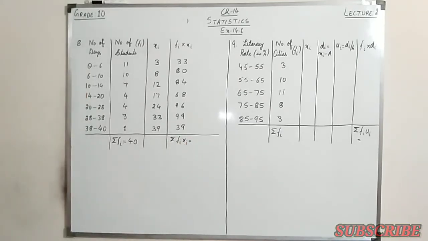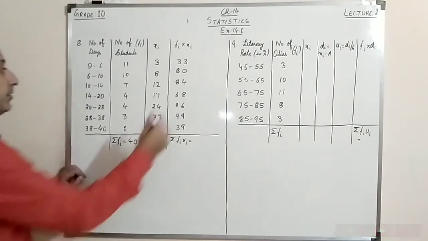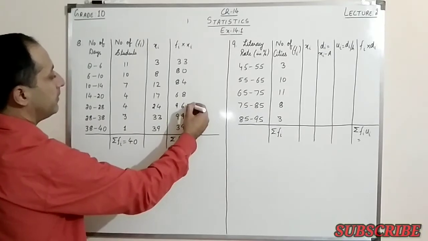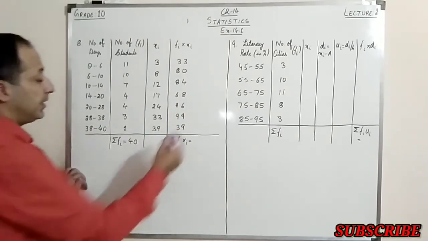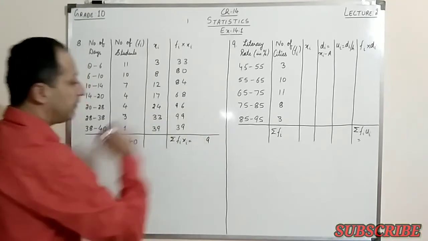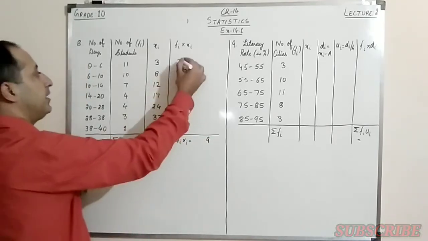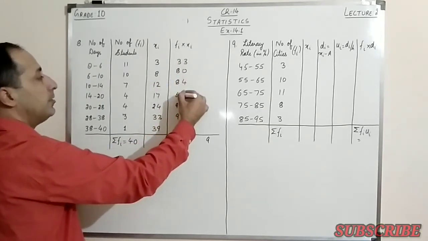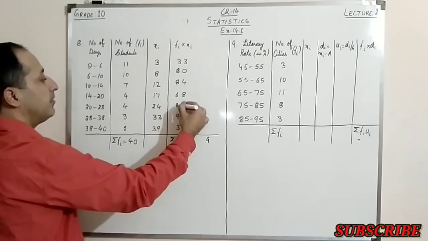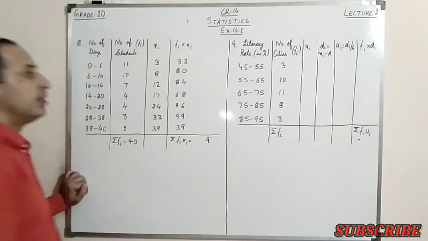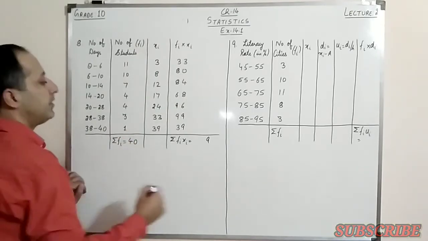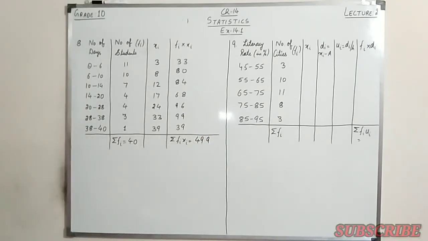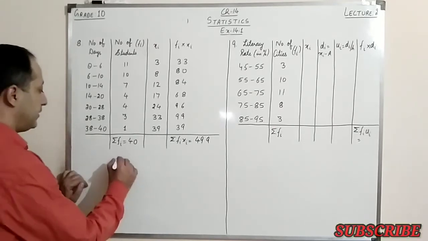Right? So let's add them. So this is 3 plus 4, 7, 7 plus 8, 15, 15 plus 6, 21, 21 plus 9 is 30, and 30 plus 9 is 39. So we have 9 and we have 3 carry, and 3 plus 3 is 6, 6 plus 8, 14, 14 plus 8 is 22, 22 plus 6 is 28, 28 plus 9 is 37, 37 plus 9 is 46, and 46 plus 3 is 49. Right? So now we have to find the mean.